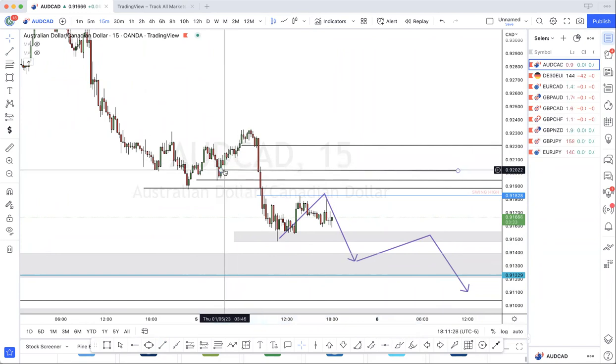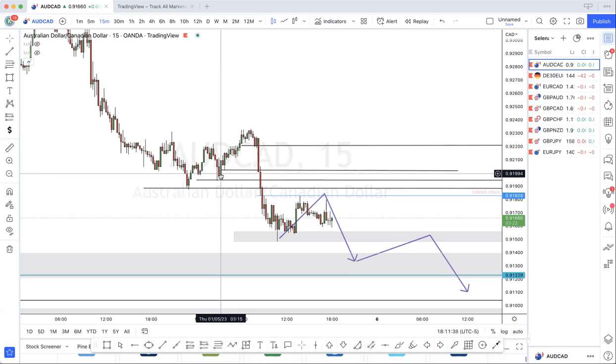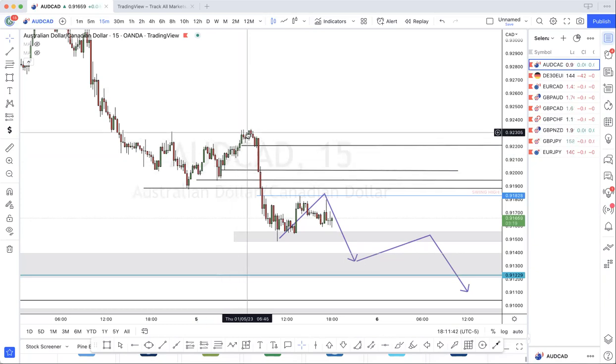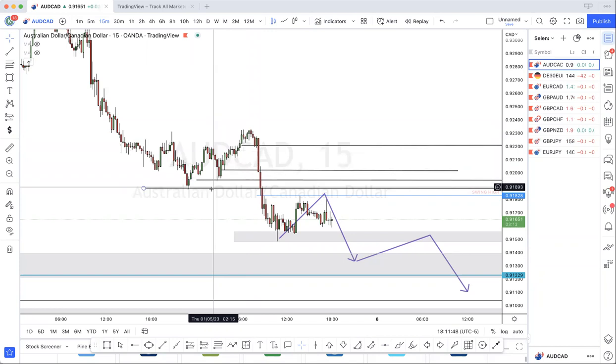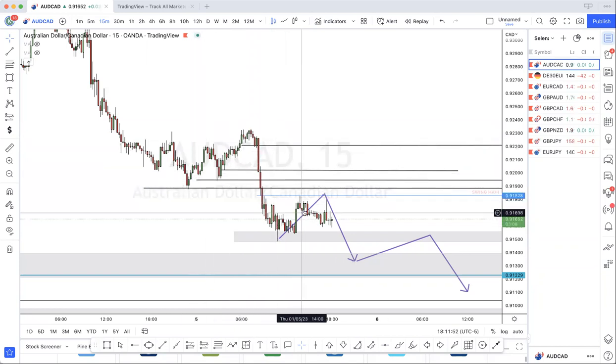I'm looking for these violated order blocks. And what I mean by that is this was a bullish order block. This was a bullish order block. Price pushed up, pulled back, looking like it's creating a higher low, then pushed up, and then came back and violated all these order blocks and this low. So now I need for price to